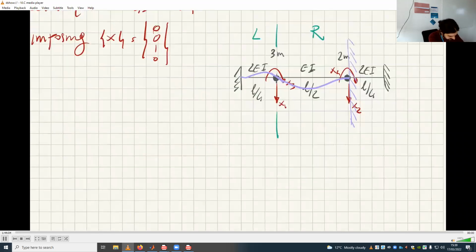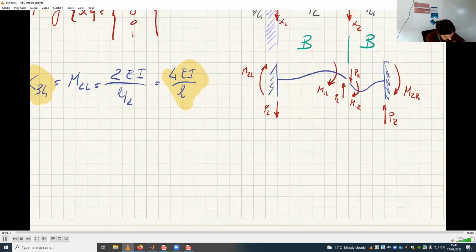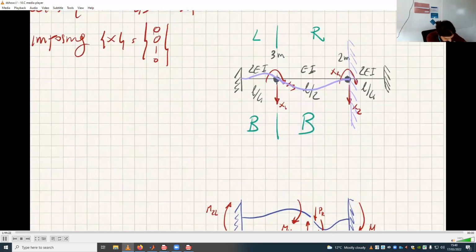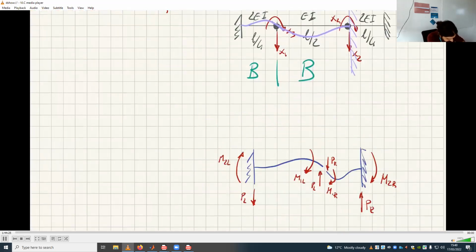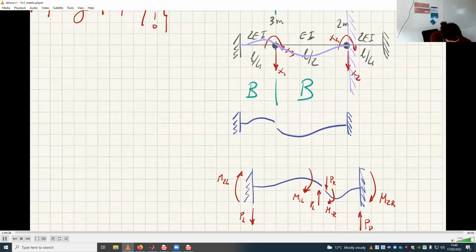Okay. So on the left, we have B, because it's a fixed support with slope. On the right, we also have B, because it's another fixed support with slope. And so I'll just copy these ones again. Now, of course, I must copy them correctly because one is shorter than the other. This one is shorter, and this one is longer. But I still have the same M2L,